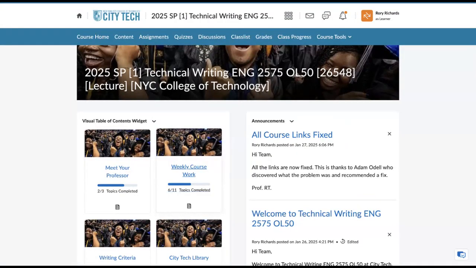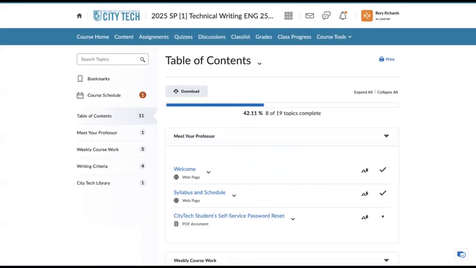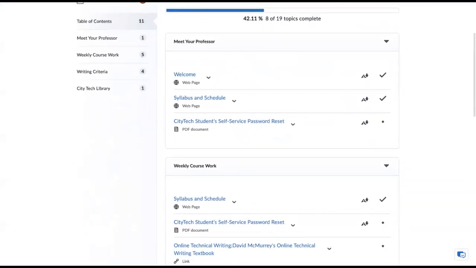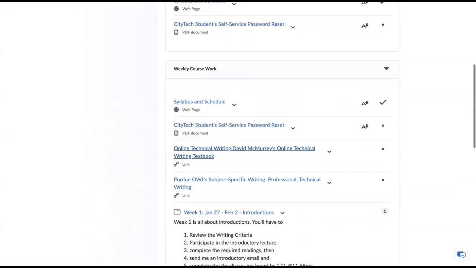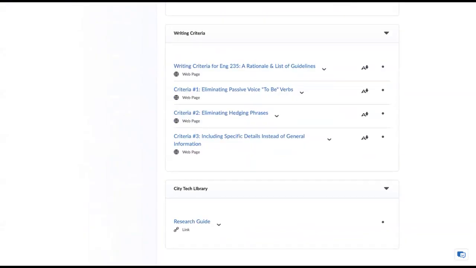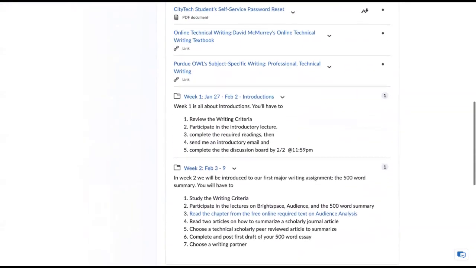To get a broad overview of the course, you can click on content. It also takes you into the course itself where your assignments are. So we're going to click on content and see what we have there. So when we click on content, it takes us to table of content. And if you notice, below that, you'll see the welcome, the syllabus and schedule, City Tech student self-service password reset. And if you scroll down, it'll take you on a week by week walk through the course